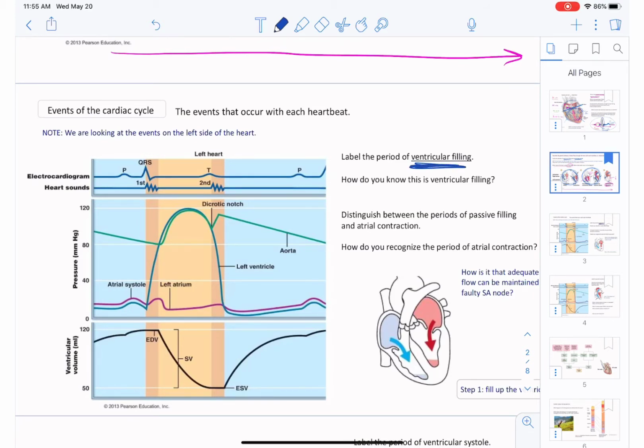Where's ventricular filling occurring? Where are we going to look to find that? Well, let's look down here at ventricular volume. And this is called ESV, that's called end systolic volume, and that's the lowest volume of blood that's going to be present in the ventricles. And at this point, the ventricles start to fill up with blood. And so this entire period right here, and then it continues on over here,